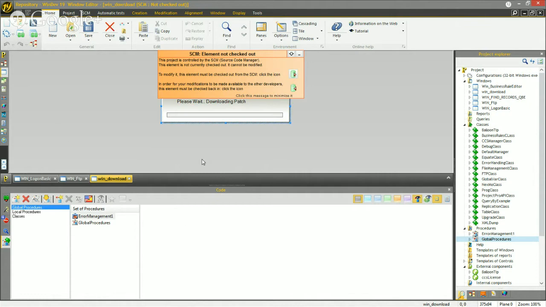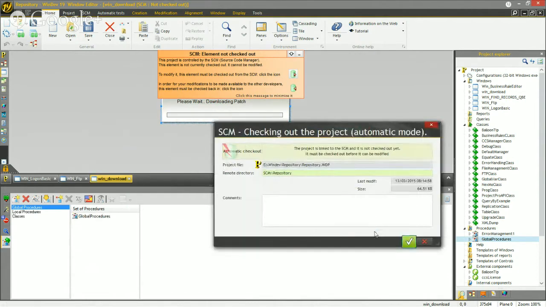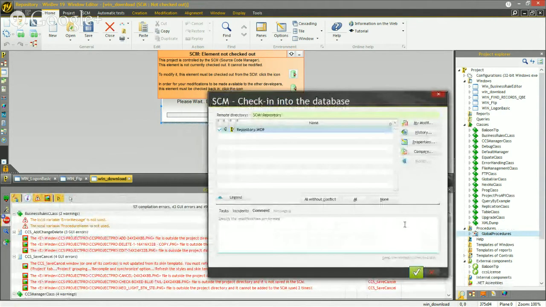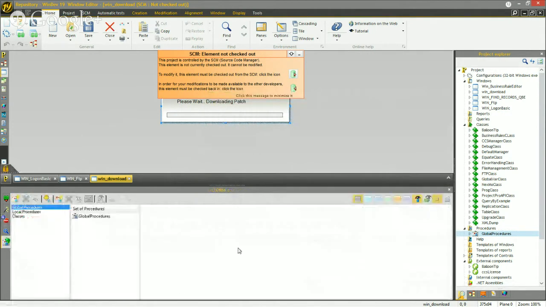Okay, maybe I can get back to this now. Let me see if he says anything else. Let me show you how I put stuff in here, since I messed up the error management in the first place. Okay, so if I've created something like the error management that I had in the other system,